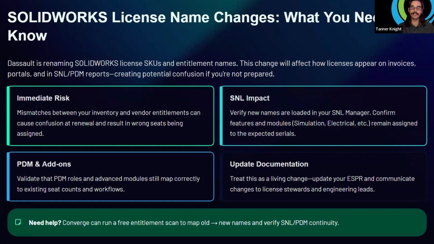The PDM add-ons, this is another thing. If you are a PDM Standard or Professional client, then there is a PDM add-on in SOLIDWORKS. You need to validate that your PDM roles and advanced modules still map correctly to existing seat counts and workflows. Now, I haven't seen this get disrupted, so I'm not too concerned about this one, but it is a check